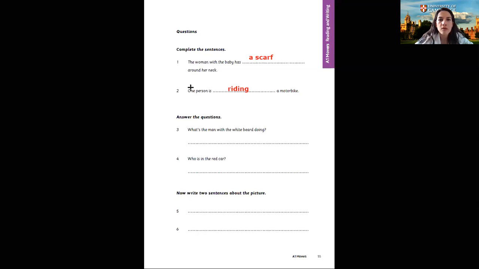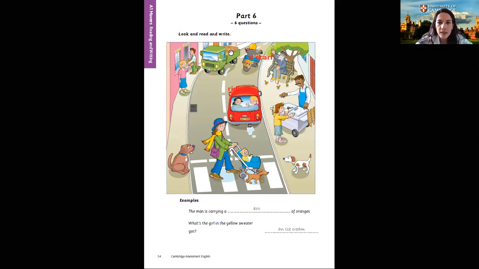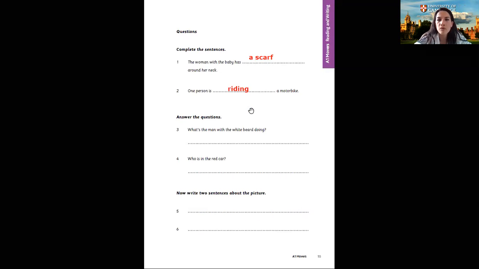Okay, well, so the only thing that I have to do is find the man with the bird and here, what is he doing? You have options, okay? If you don't know a word, think about other options. First of all, the man is sitting, okay? Or the man is raising his hand, or the man is looking at the sky. Okay, so you have many options to answer this question, and all the options are going to be correct if